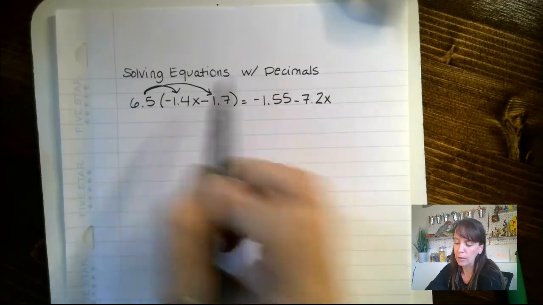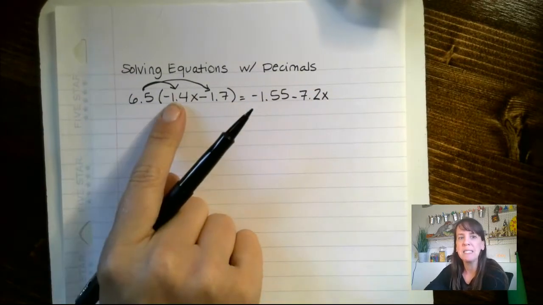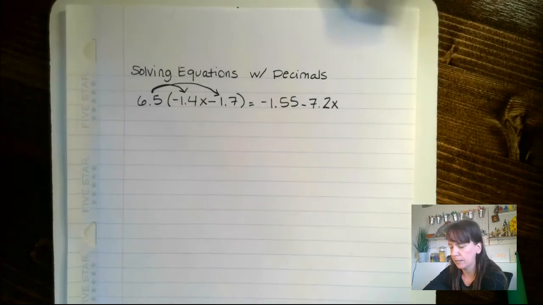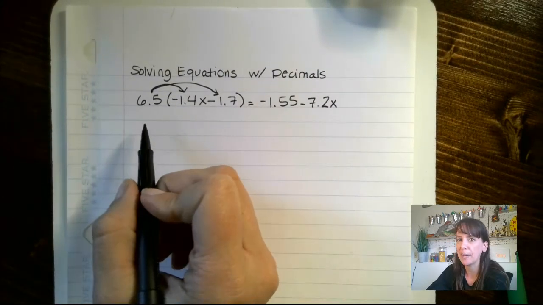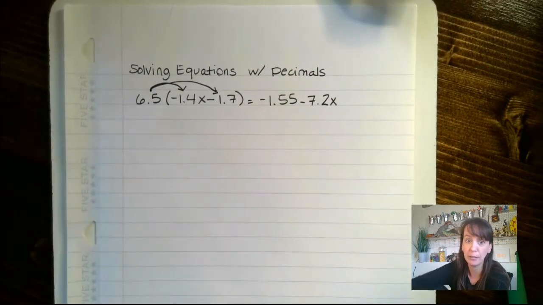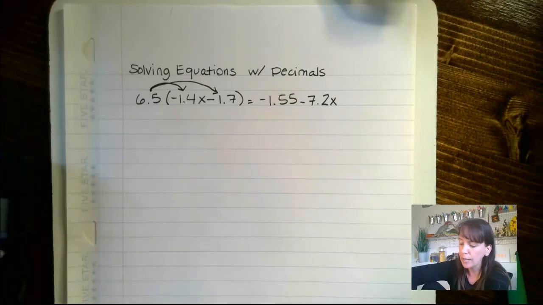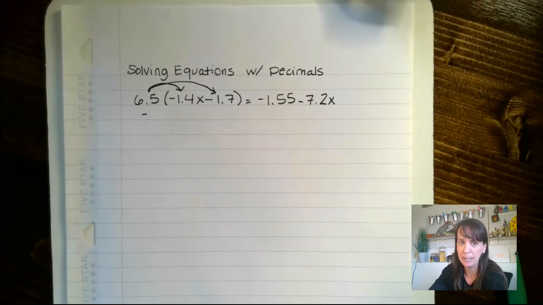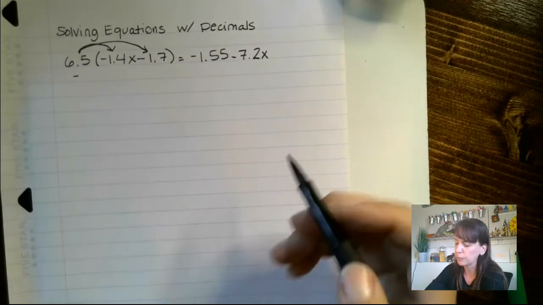You've seen I've drawn my arrows here. 6.5 times negative 1.4. So let's go ahead and do that. You're not always allowed a calculator, so I wanted to show you how to do this by hand in case you don't have a calculator that you're allowed to use. Okay, so we know a positive times a negative is a negative, so I'm going to throw my sign down here. And I'm going to do some side work over here for 6.5